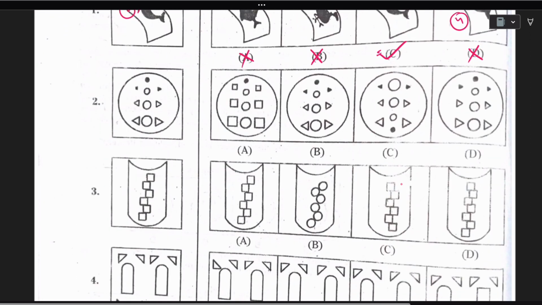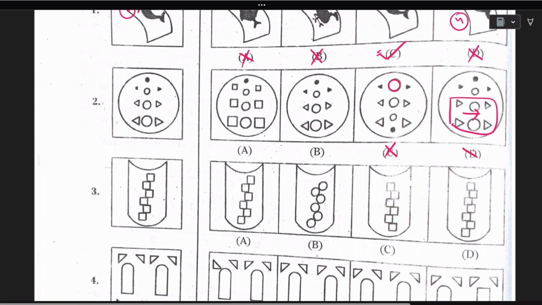And the next one, here we have to check which one we need to eliminate first. So which one can we eliminate first? Here the circle is very big, so which is not the same. So we will be eliminating C first. Okay, and then look here, the triangles are in the same direction, but in the question the triangles are in different directions, left side 2 and right side 2, right?